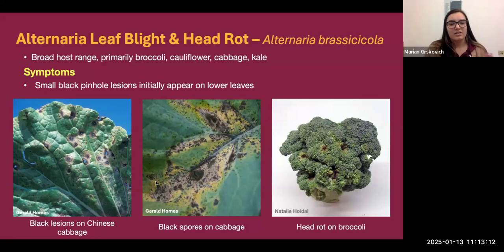And then, as you can see in this right photo here, there's a few brown spots with sort of yellow halos around them. That's what the head rot is from. It's the same fungal species, but just the infection takes place on the head versus on the leaves. And that you can usually see in later stages of infection, or if the infection begins when the plant's at its maturity. And then symptom timing wise, generally you'll see the pinhole lesions begin on the lower leaves first and sort of just work their way up the plant.